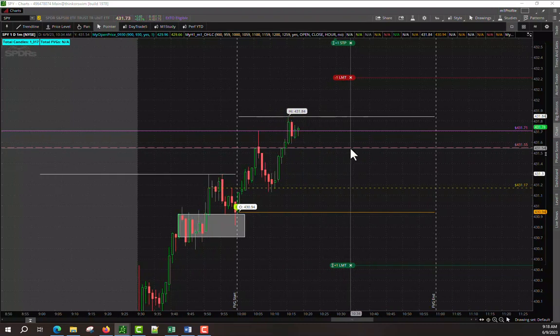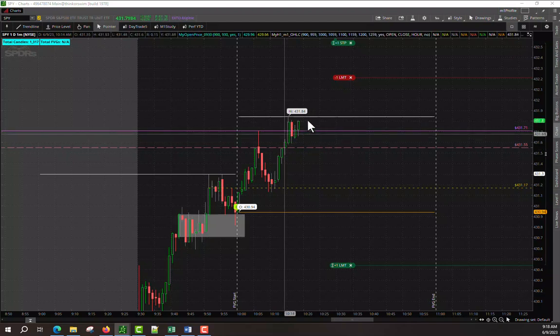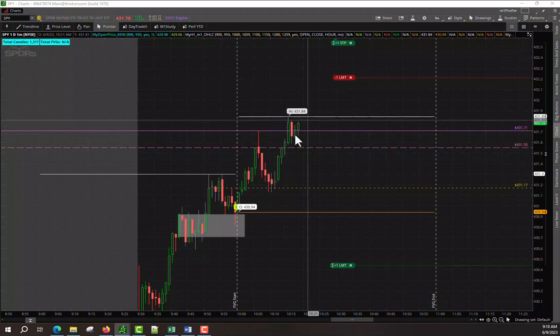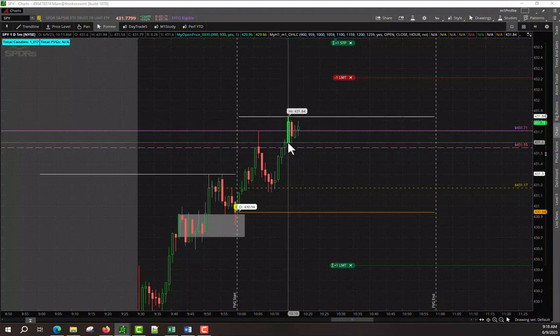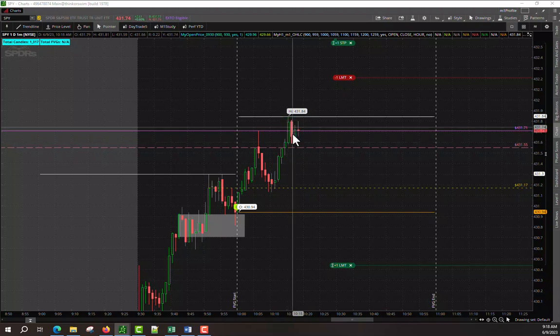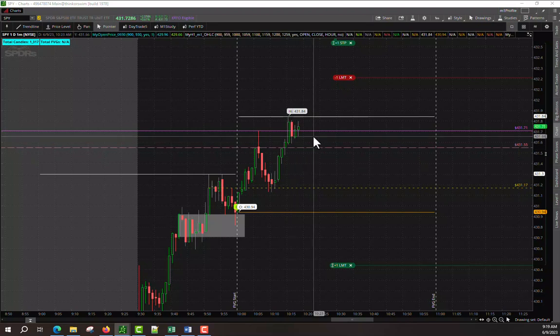In order to short, on a retracement or reversal, we need a shift right here. Basically we need a bearish order block, right? And we want it to move quickly from that, create a fair value gap, and revisit or retest the fair value gap or the order block. Then we can enter the trade